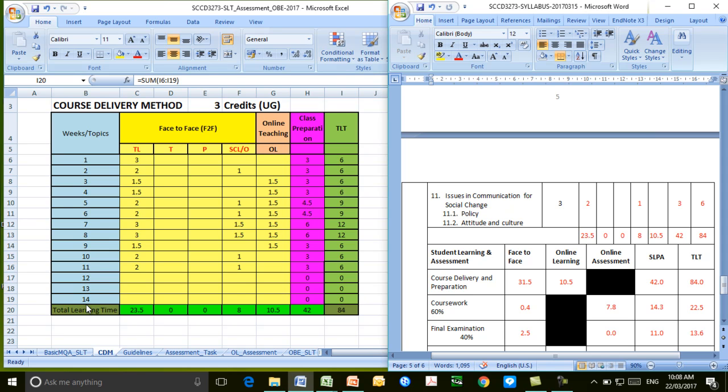You can have more than 14. Or if you have 8 topics, it doesn't matter. But the most important thing is the total number for all these